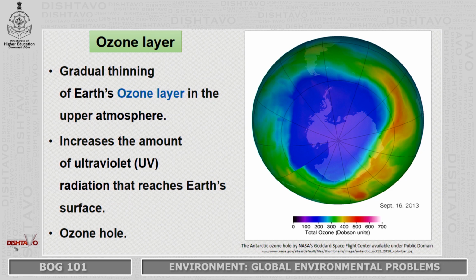Now the problem is that this ozone layer is getting depleted, and that is because of anthropogenic activities, what we have done, how we have been using the things on this earth. The depletion of the ozone layer leads to an increased amount of ultraviolet radiation coming down to earth, that is, to us, the living beings.